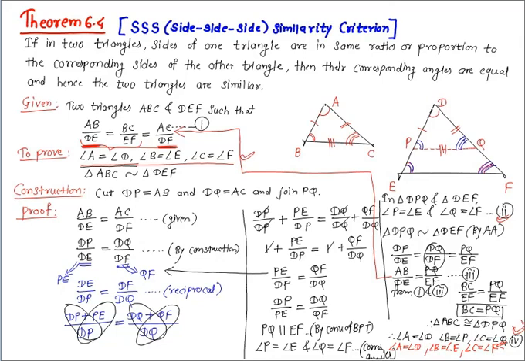Now you may recall the two conditions we learned for two triangles to be similar. First condition was if their corresponding angles are equal, and second condition was if their corresponding sides are in the same ratio or proportion, then the two triangles are said to be similar, right? However, on the basis of theorem 6.3 and 6.4, we can now say that in case of similarity of two triangles, it is not necessary to check both the conditions, as one condition implies the other. So, if we check either of the two conditions, we can prove the similarity of the two triangles.